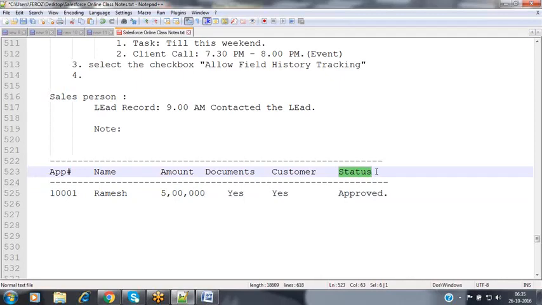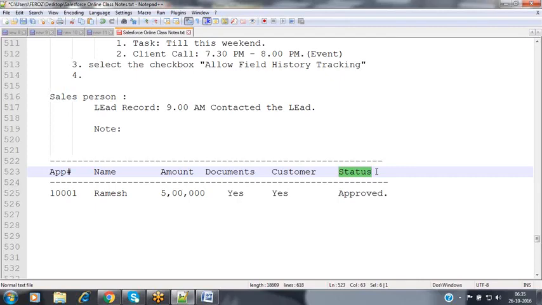Based on that, we decide whether we can go ahead or stop the process. So whatever the important fields are, the key fields, we need to keep an eye on them so that we can keep tracking who modified those fields, when they modified, and why they modified, everything we can track inside that.